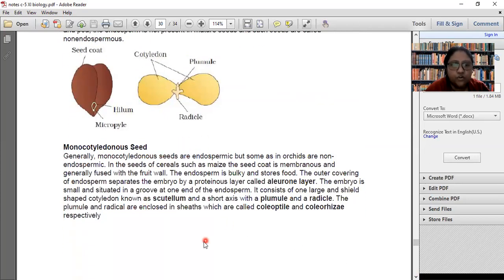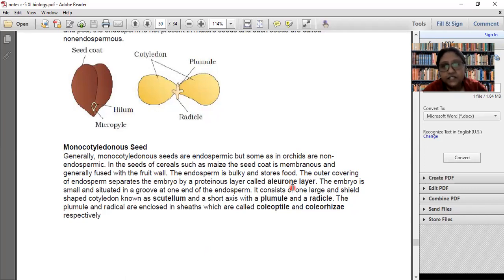So in case of monocot seed, they don't have two cotyledons. The speciality of monocot seed is they have an extra part, which is a large shield-like structure called scutellum. Then they have a proteinaceous layer called aleurone layer. In case of dicot seed, they have a seed covering which can be divided into testa and tegmen, and the cotyledons. Inside the cotyledon, there are radicle, plumule and embryo, which are part of the embryo axis only.